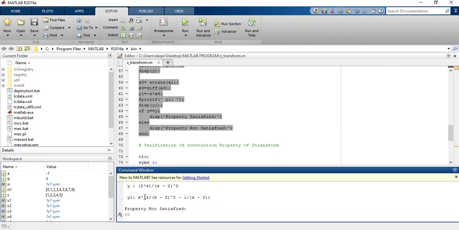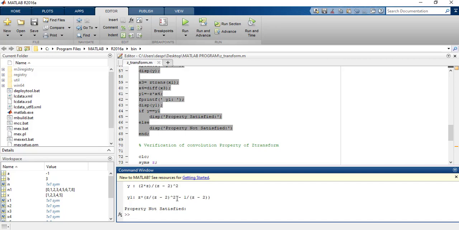If you solve this part by hand, z is multiplied with the whole part, that means z by (z minus 2) whole square minus 1 by (z minus 2). After that you multiply your result with this z, and you see your result is just like this.